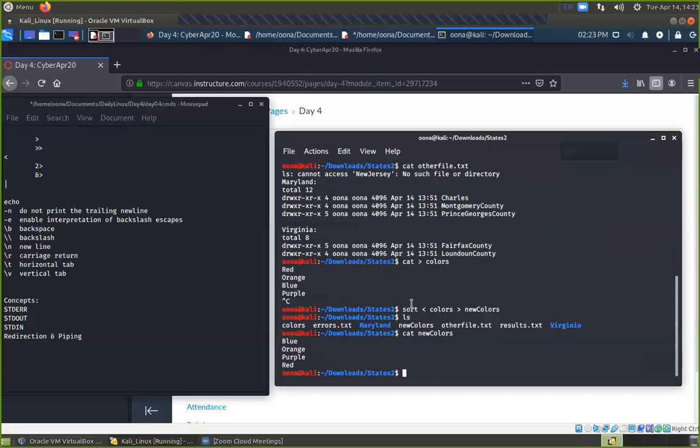So once the sort command sorts colors, it needs to be output somewhere else, right? I need to have the output of this sorting, so I'm going to give it another file where it can put the sorted result. So why do you have to do that? Just to keep the record of the original data input? Well, colors is never changed. If I do cat colors again,